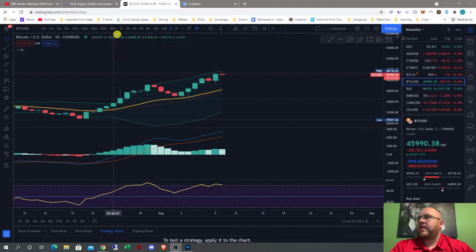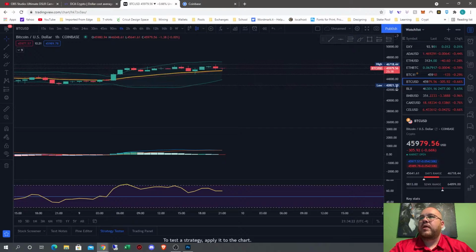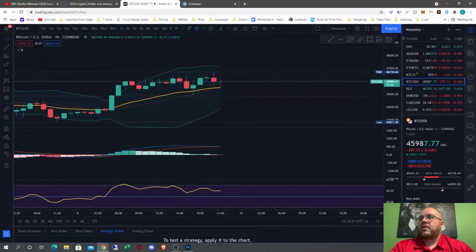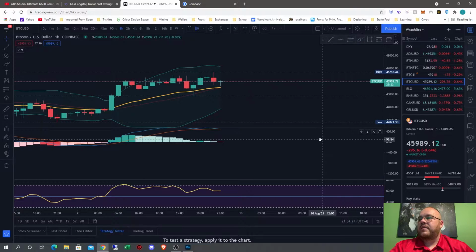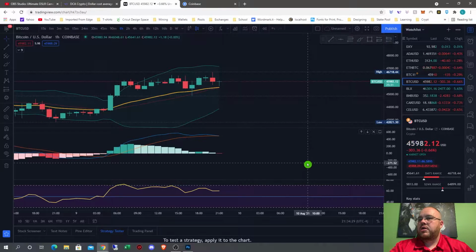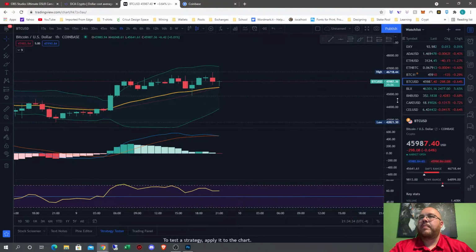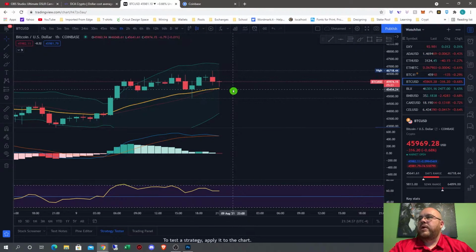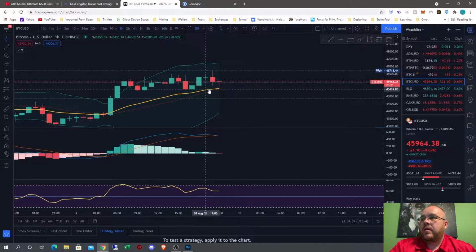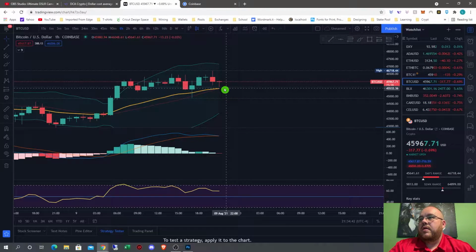That's on the daily. So if we look at the hourly, it looks like the MACD has already crossed bearish. Still slightly oversold, but not bad. This is the 20-day moving average, the yellow line, and it looks like it is almost going to bounce off of it. Hopefully it bounces off of it, that is. It went almost down and touched it right above it.